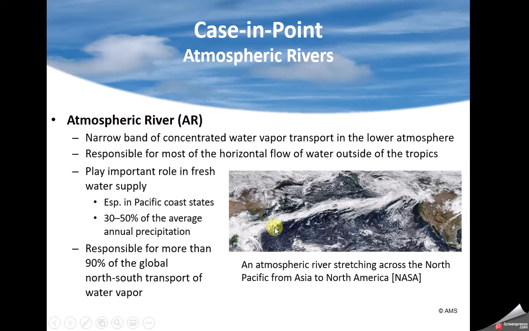Sometimes these cloud bands will be a little further south and they'll come into Southern California, sometimes Northern California. And when Southern California doesn't get one of these, it can really lead to a very dry winter. But by the same token, when they get them, there can be tens of inches of rain in the mountains, and sometimes that can translate into more than 10 feet of snow in some locations.